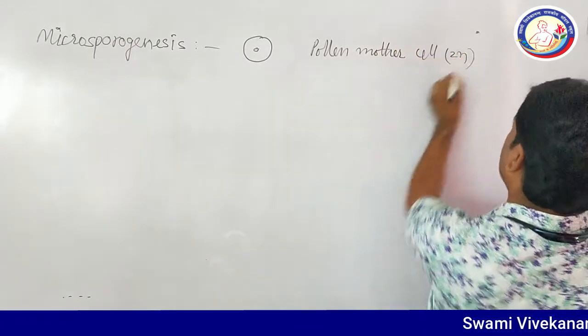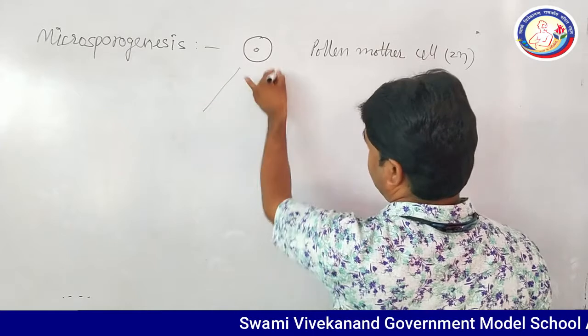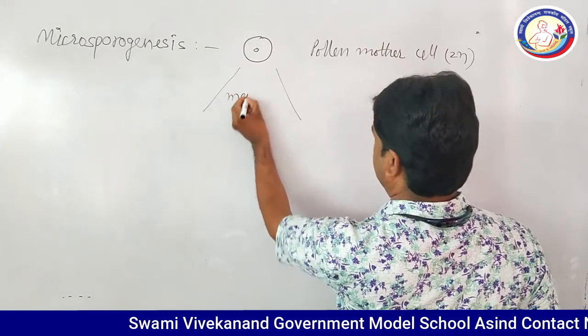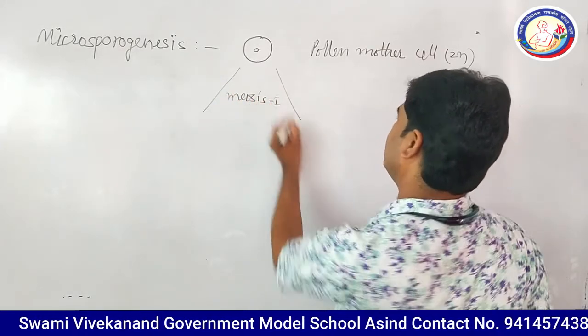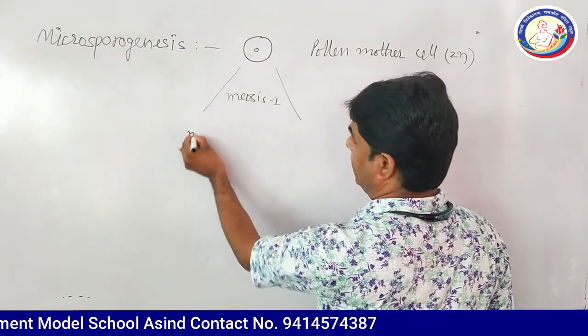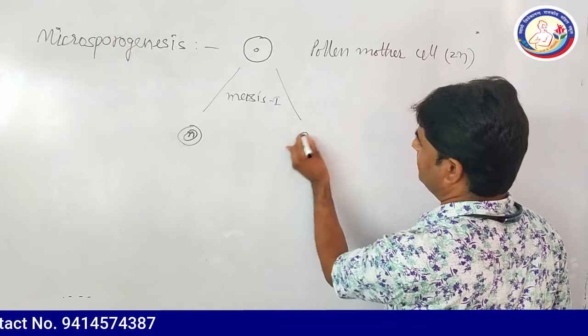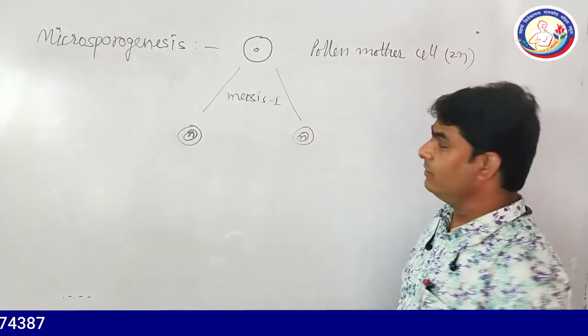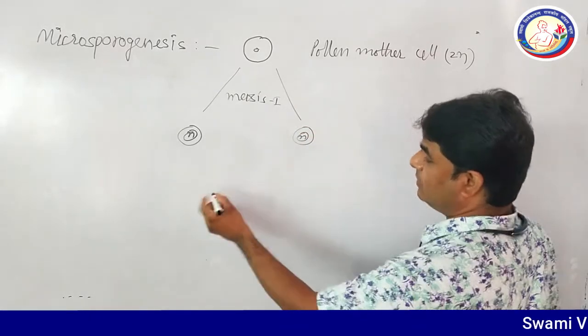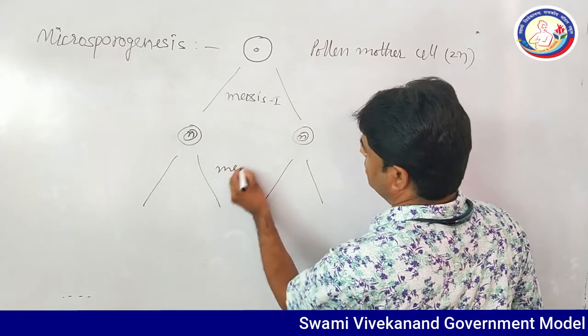This is diploid, and in the very first stage, this is meiosis first, and it is divided into 2 cells here, and again these cells will undergo the meiosis second,